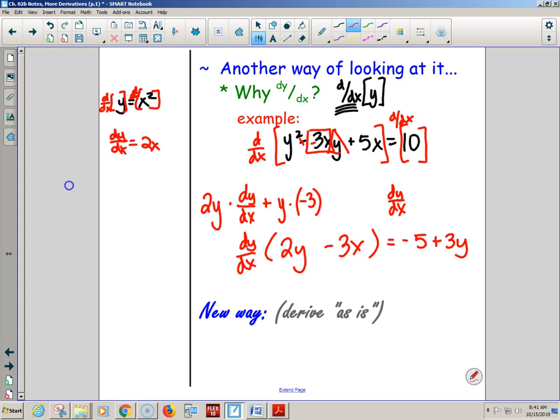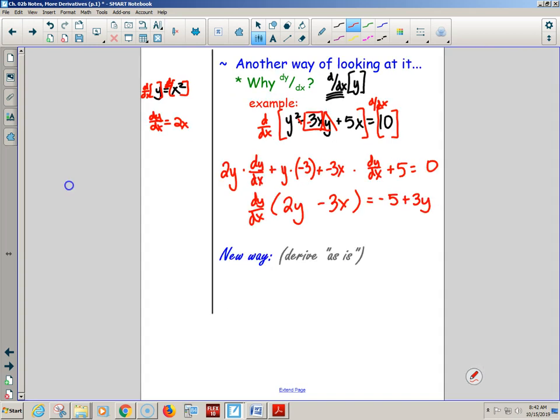So we had second d first plus first d second plus 5 equals 0. There we go. So I got to subtract the 5, he didn't have a dy/dx. I got to add the 3y, he didn't have a dy/dx, but my other two did have a dy/dx. And I say, great, get all the terms with dy/dx's on one side, pull out the dy/dx, and then all I have to do is divide. So then my derivative would be dy/dx is equal to, putting the positive first, that's just nice,